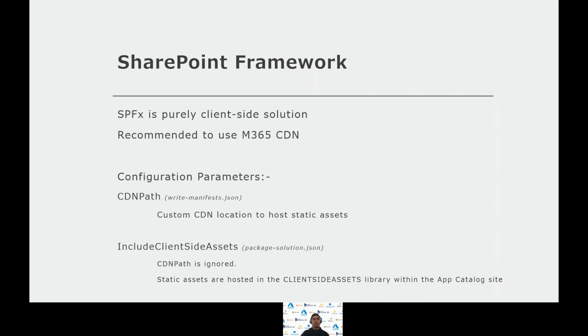And when you deploy this SPFx file in the app catalog, the static assets are extracted from this package and automatically uploaded to the client-side assets library that's located in the app catalog site. Customers love this feature because they don't have to worry about setting a custom CDN path, and there's no additional work of uploading assets to a custom location, since it's all taken care of by SharePoint Online behind the scenes automatically.